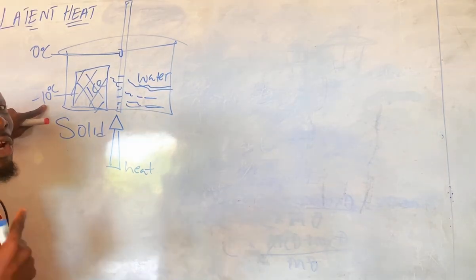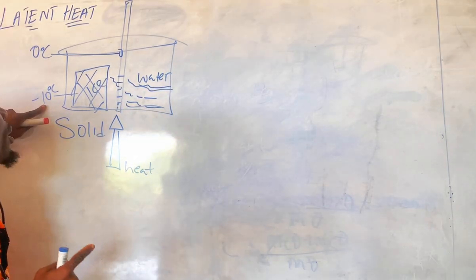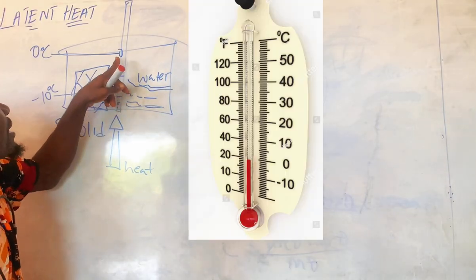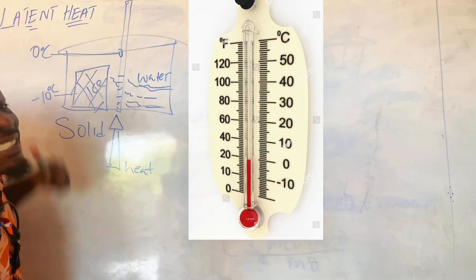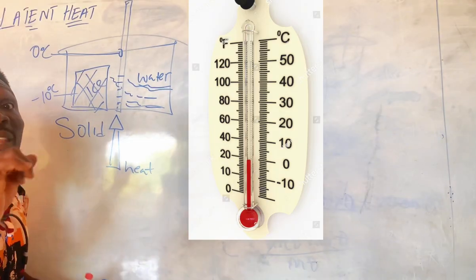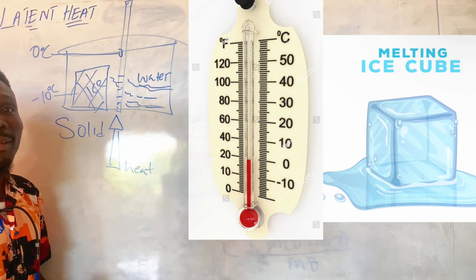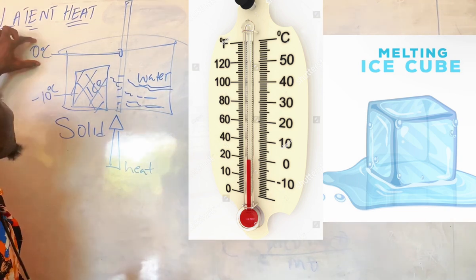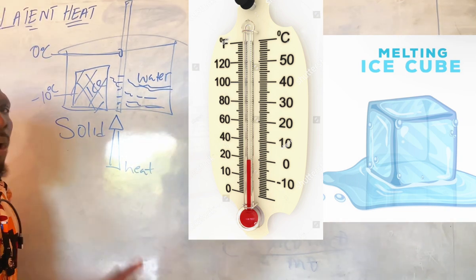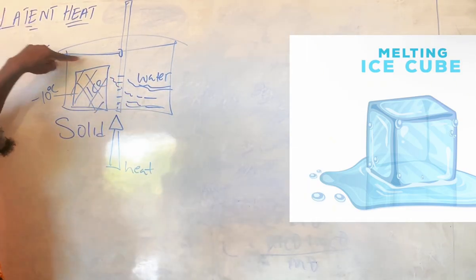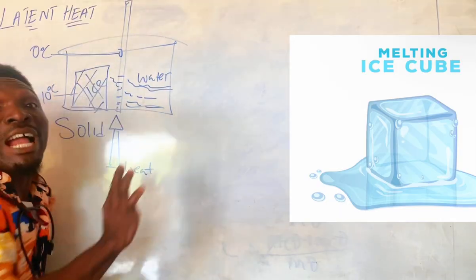It was at minus 10 degrees Celsius, and then we started heating it. The temperature started increasing. But when the temperature got to 0 degrees Celsius, something started happening. The ice block started melting into liquid. At what temperature? 0 degrees Celsius. Despite supplying heat, when it got to 0 degrees Celsius, the temperature was no longer moving, but we